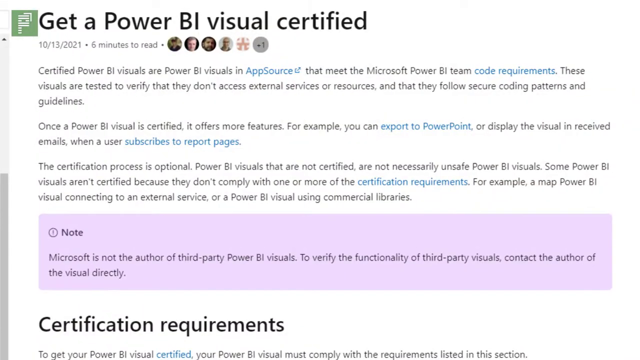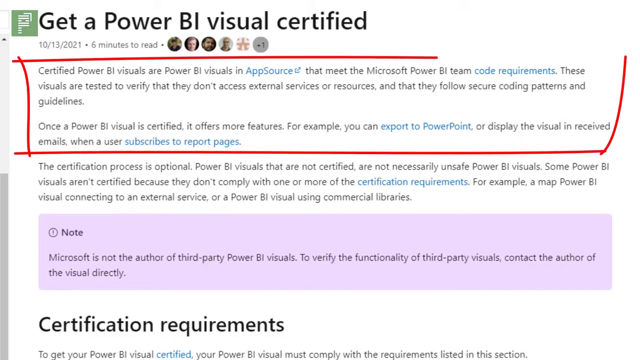On the Microsoft website, it tells you that custom visuals can be certified. And it tells you about how to get your custom visual certified itself. But let's dive into what actually is meant by a certified Power BI visual. These are Power BI visuals in the AppSource that meet Microsoft Power BI team code requirements. These visuals are tested and verified that they don't access external services or resources, and that they follow secure coding